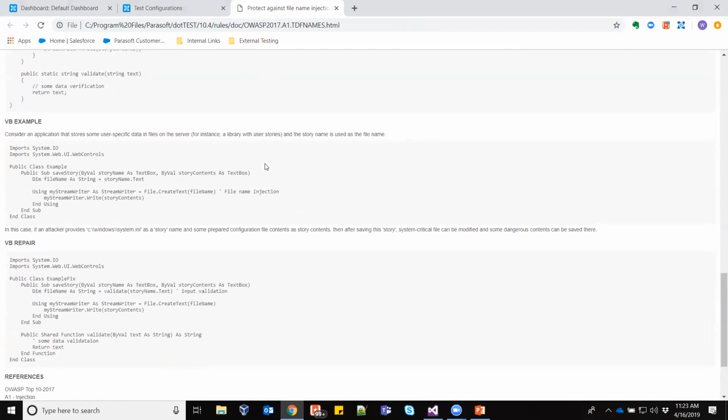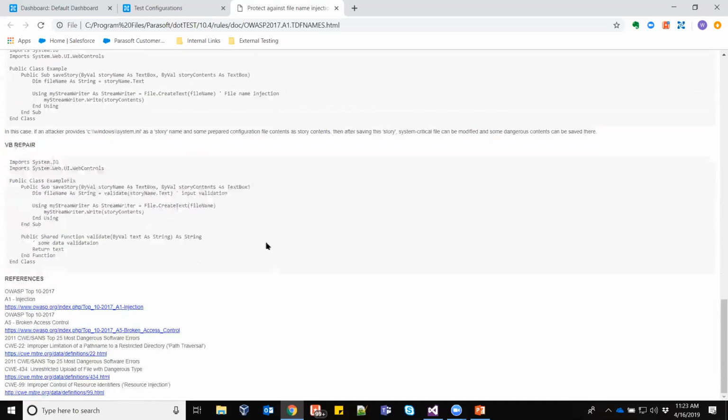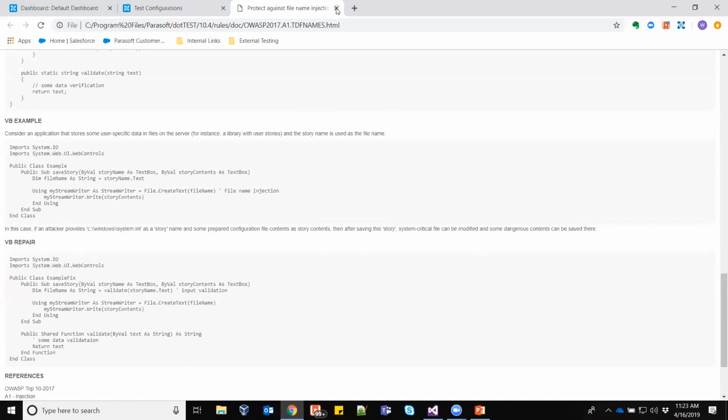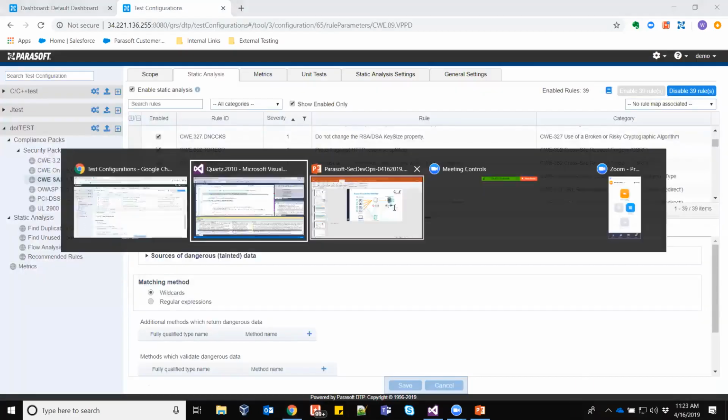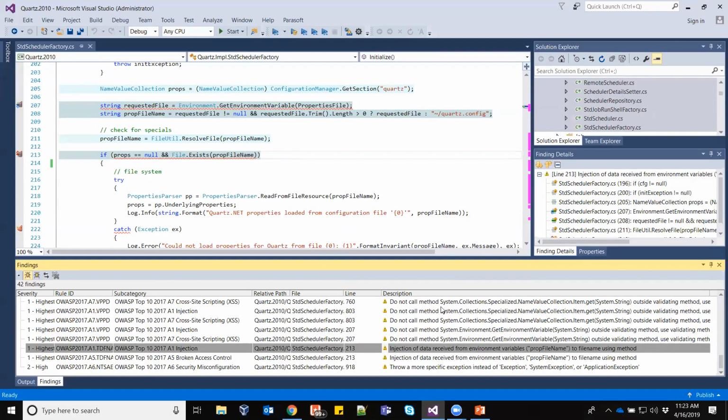This is very important as a training tool, right? We want to transfer that security knowledge that really only a few individuals have in the organization to the masses, so all the developers can benefit from this knowledge. They can read up on the documentation and see what they need to do.